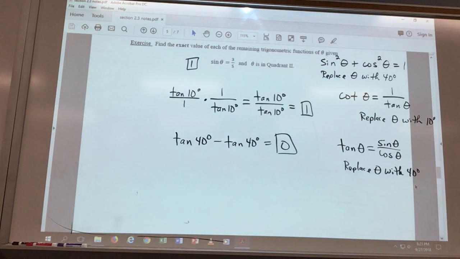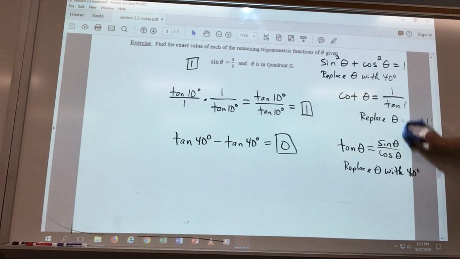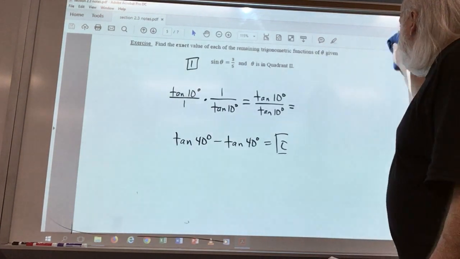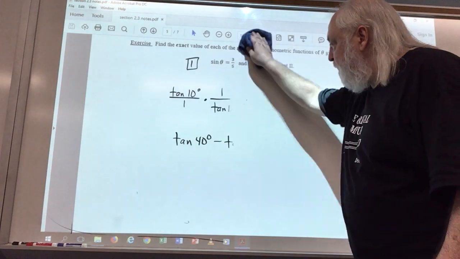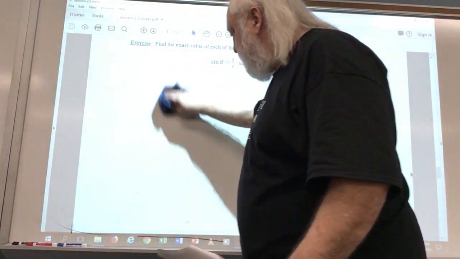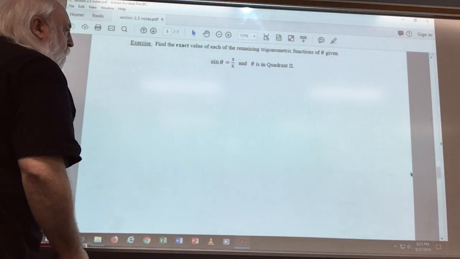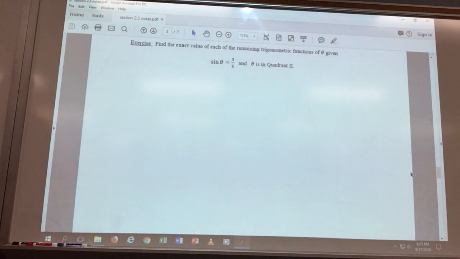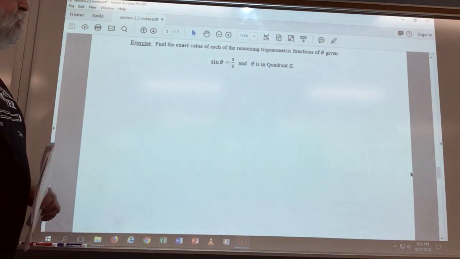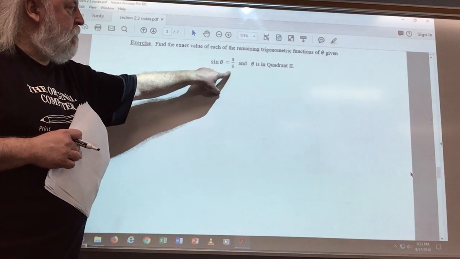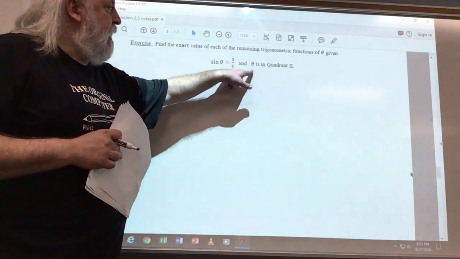And again, we're going to be using what we've learned on the previous pages to solve this problem. So given the information, we have to figure out what the exact value of the remaining 5 trigonometric functions of theta are. We're given that the sine of the angle theta is equal to 3/5